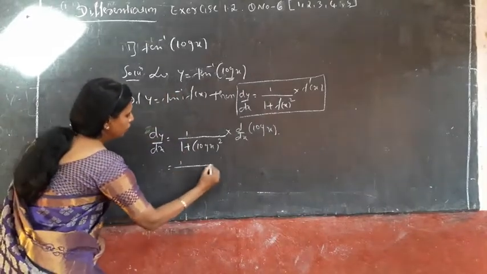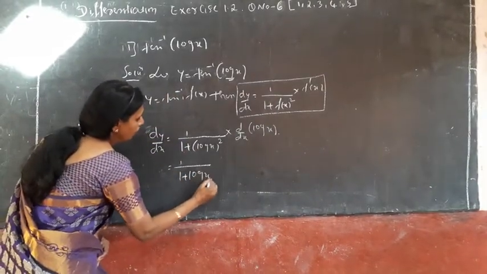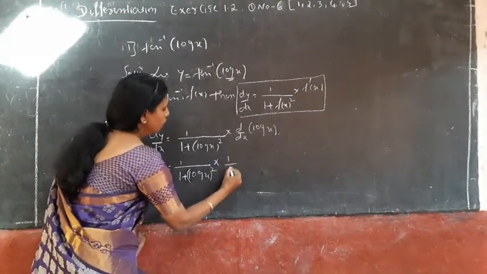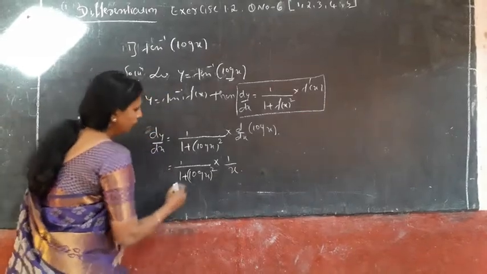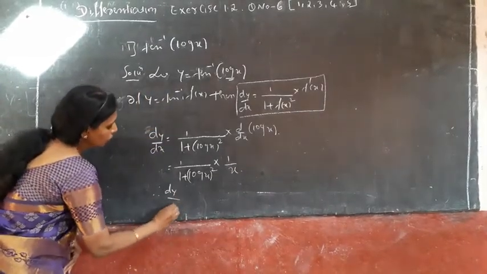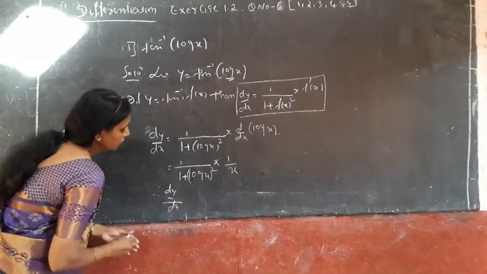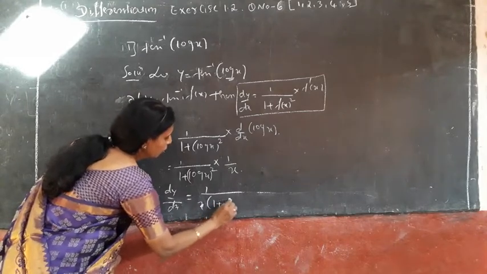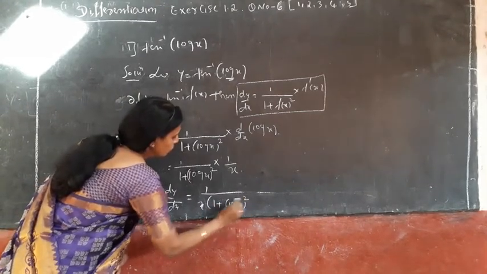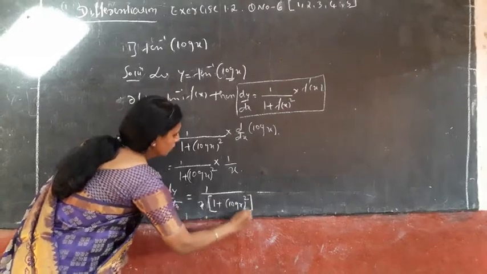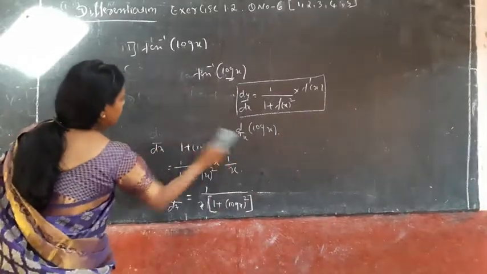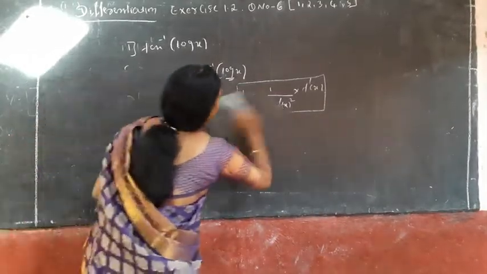So write here 1 upon 1 plus log x raised to square, and differentiation of log x is 1 upon x. Therefore, dy upon dx equal to 1 upon x into the bracket 1 plus log x raised to square. This is the answer. Next, consider the second example. Second one is